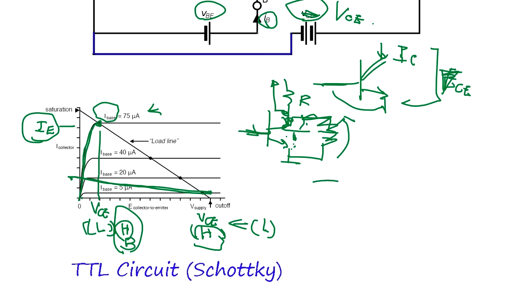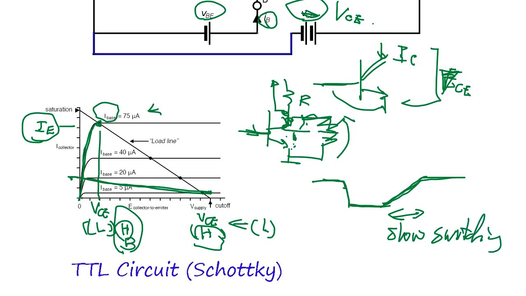So after the transistor turns on and then turns off, the recovery to the high state is going to take a long time, and this is the slow switching. Okay, so the Schottky,